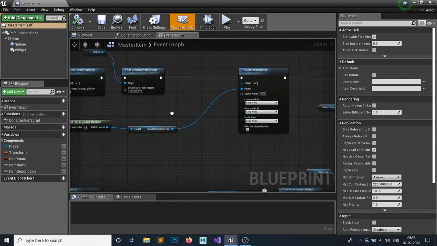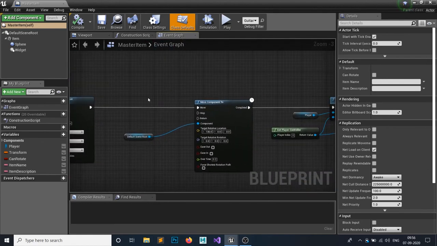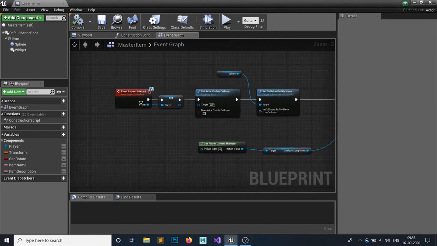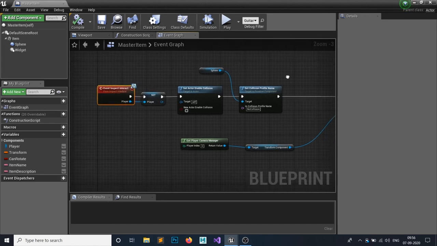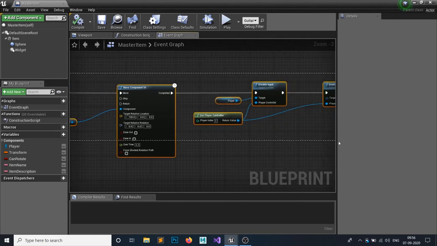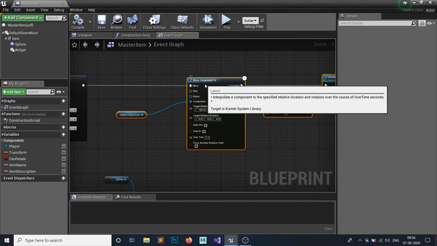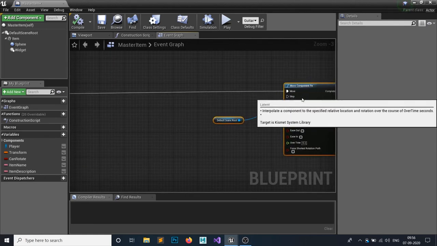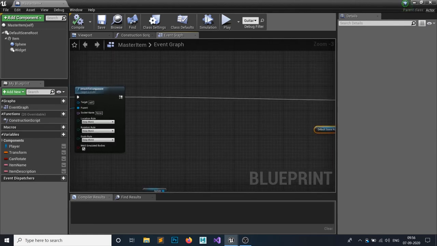So in here we are attaching this component. Between this attach to component and your move component, on your event inspect interact, the interface call function. So in here we have created this. Just make a little room, and create a widget.